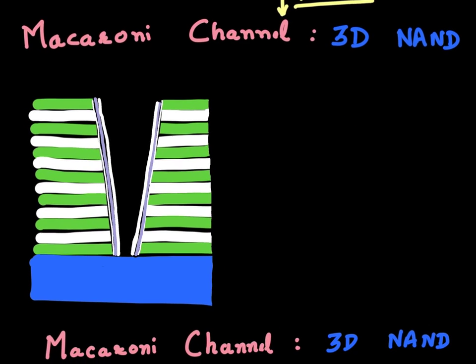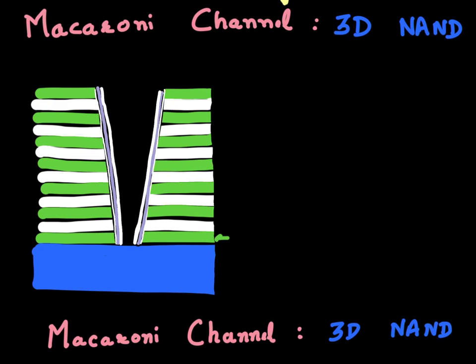So I'm showing here a 3D NAND stack which consists of several of these control gates which are separated by this white oxide in between. And into it I have etched this hole into which I'll form my channel for my NAND transistor. And you can see that by virtue of this etch process, this hole is always going to be this shape where it's wider on the top and more narrower at the bottom, and it's just how all the etch